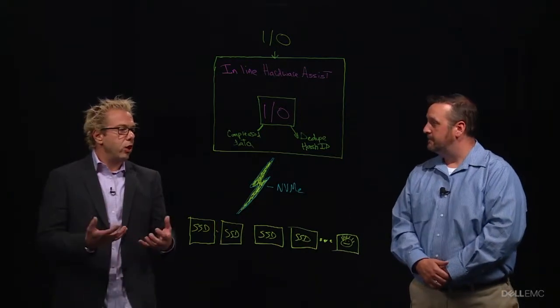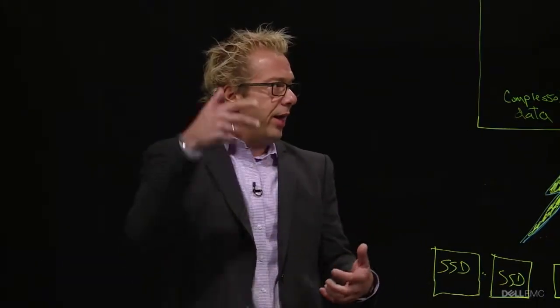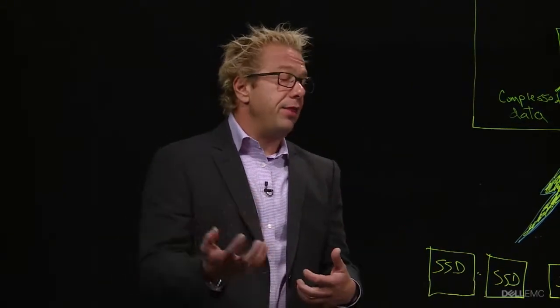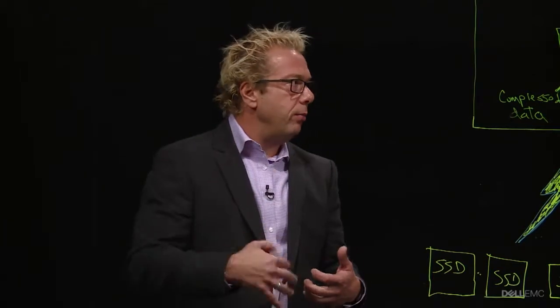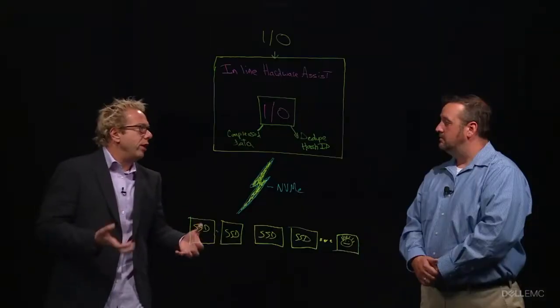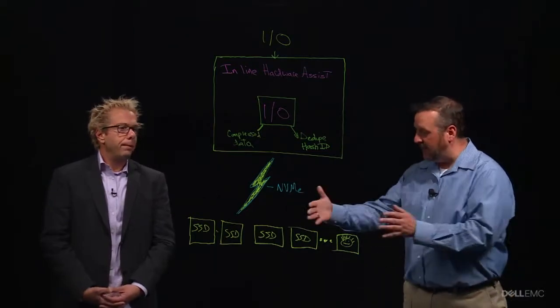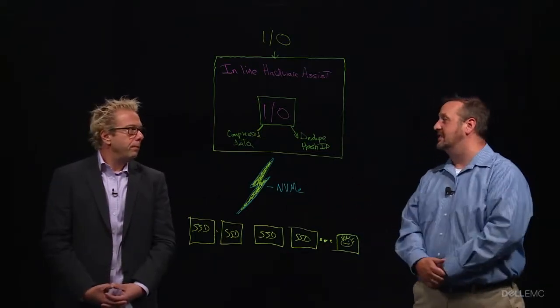Okay, but if the data is already there, then I assume we take the metadata and point it to the data that's already there. So if the application needs to read it, it thinks it's reading the data that it had written, but it's actually reading the data that was already written there to begin with. That's exactly right. That's essentially what dedupe is, taking many copies of the same data and giving them one place